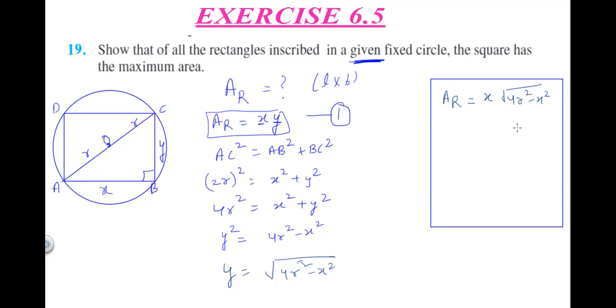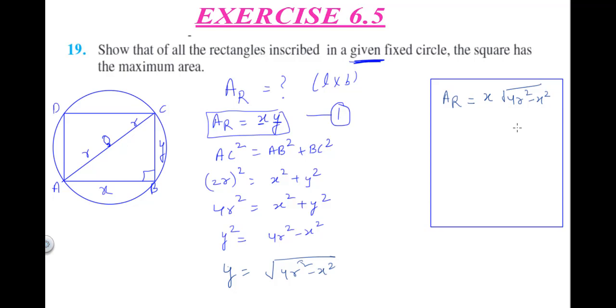And one more thing to note here is that area is depending on the length and breadth, right? Area of the rectangle depends on length and breadth. So for us in area, r is a constant number. We will be considering it as a constant number. Its differentiation for us will be 0. Getting what I am saying? In AR, it is the area of the rectangle. I am taking x and y as two variables, length and breadth. So changing the length and breadth will have an effect on area, right? r is not there in the area. x and y are there. So r is a constant, independent variable for us.